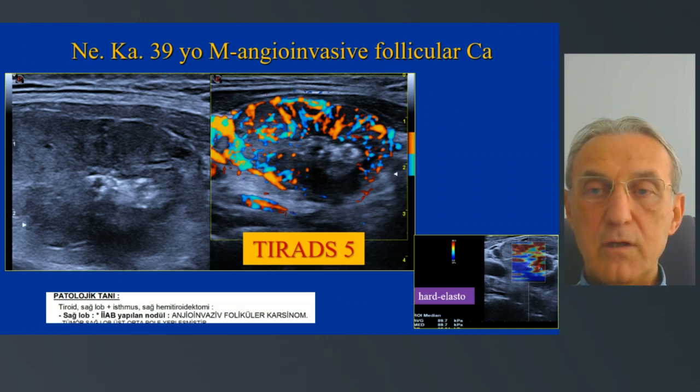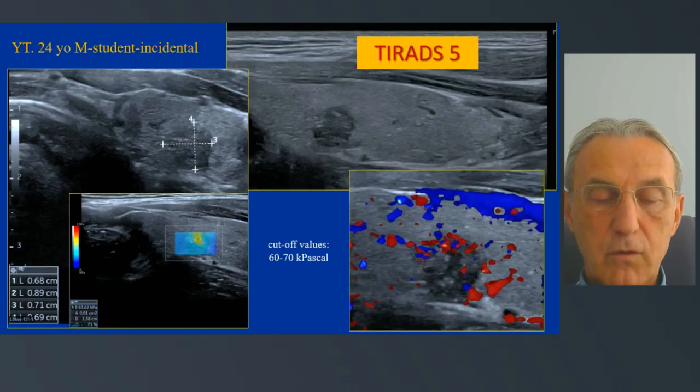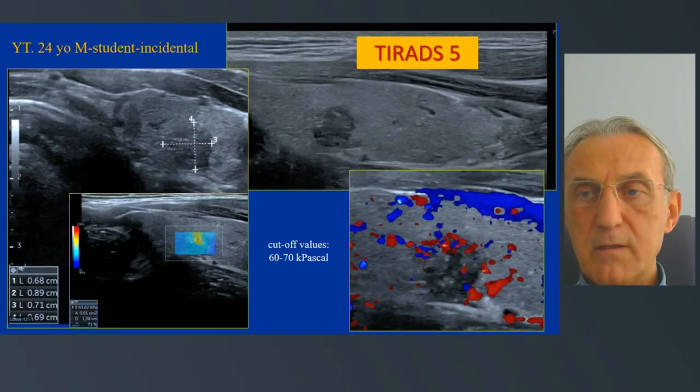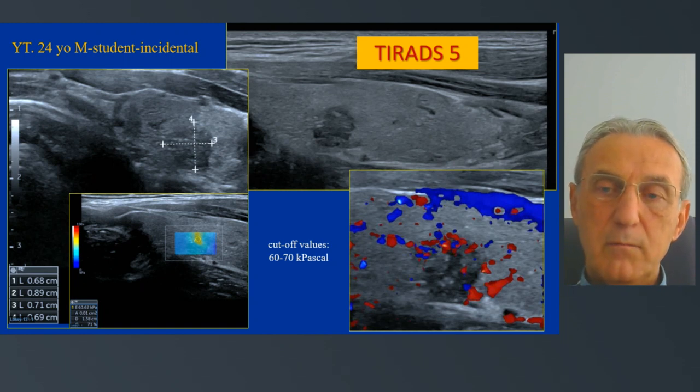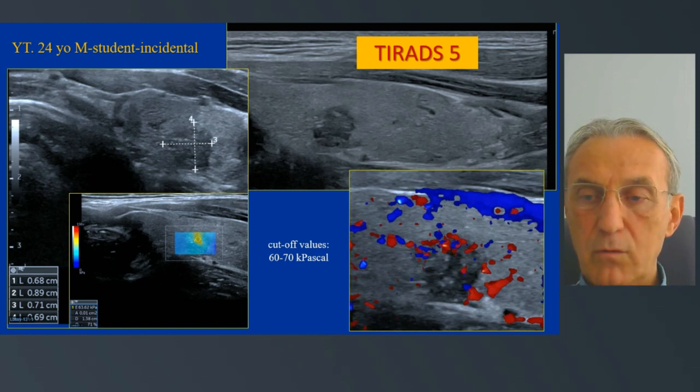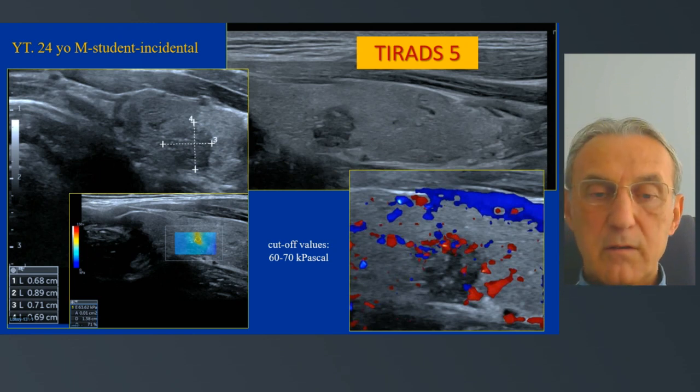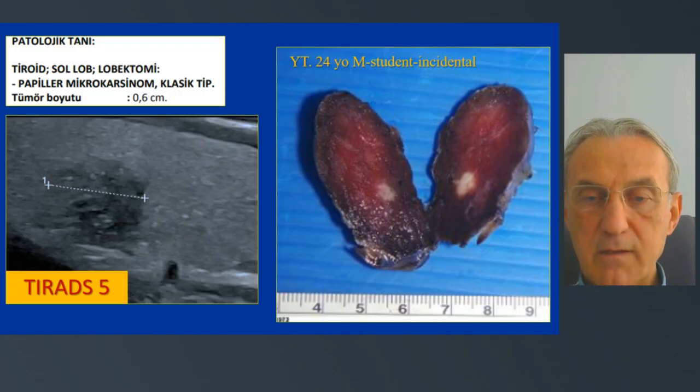This is a 39-year-old male. The pathology is angioinvasive follicular cancer. This is an incidental malignancy, very small, 7 millimeter, 9 millimeter, it's a young student, incidental case, and